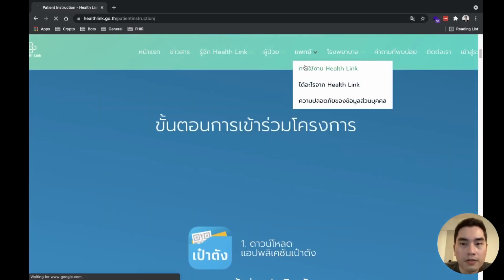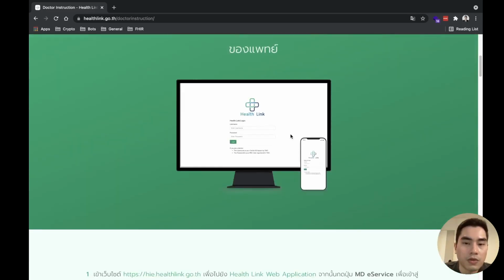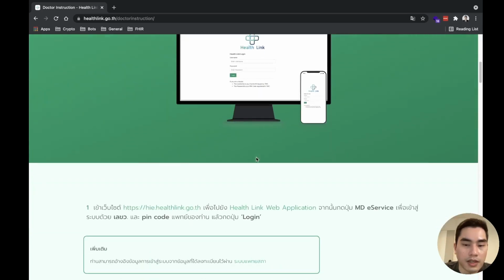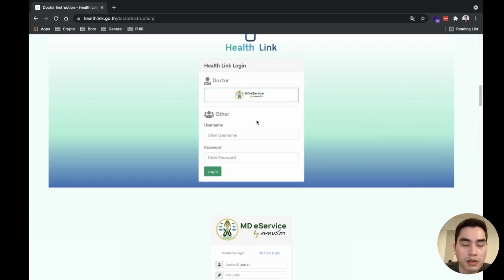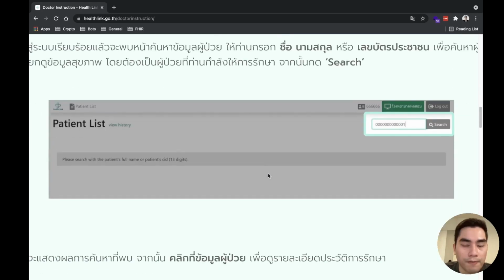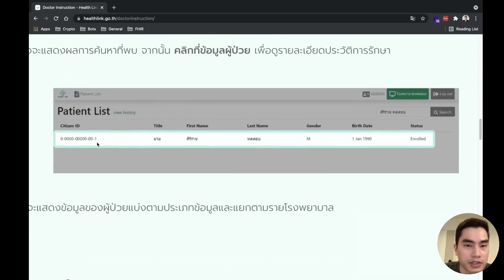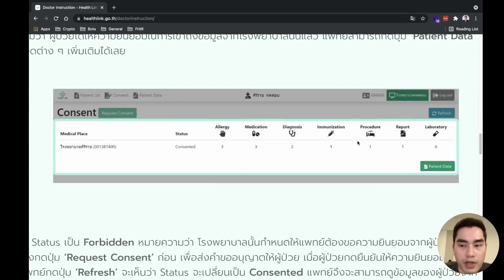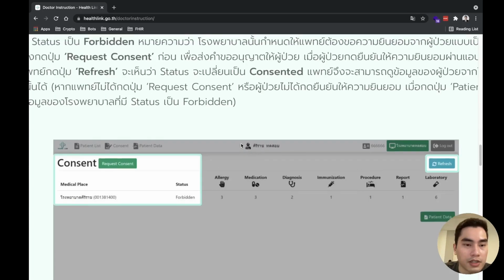If you are a doctor, when the patient visits you, you can go to their website and log in using the medical ID from the medical council, and then you search for the patient. If the patient has registered with the Paotang app before, their name will be shown here, and you can request access to that information.